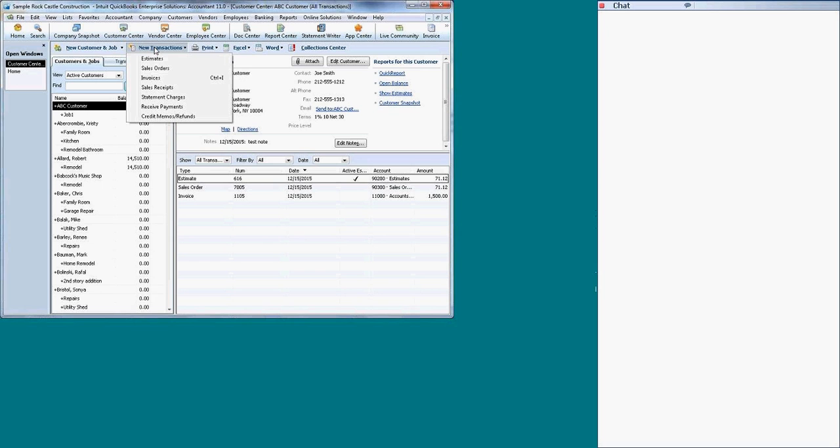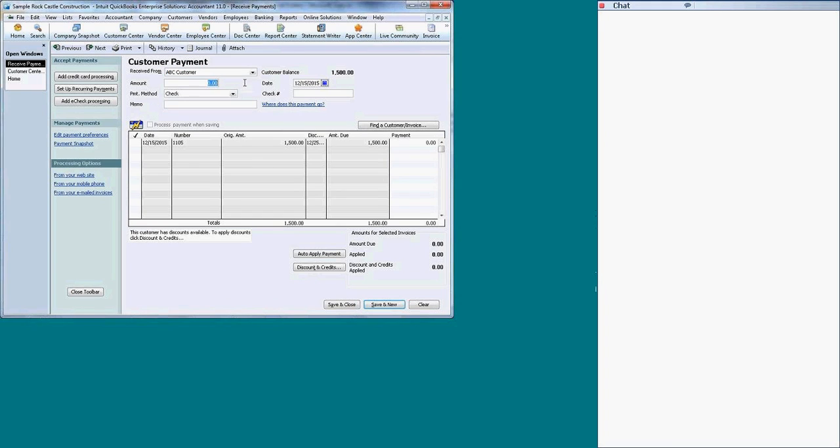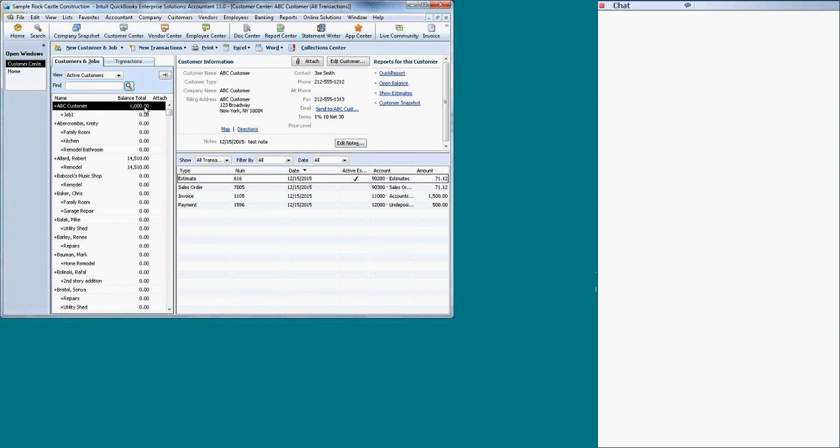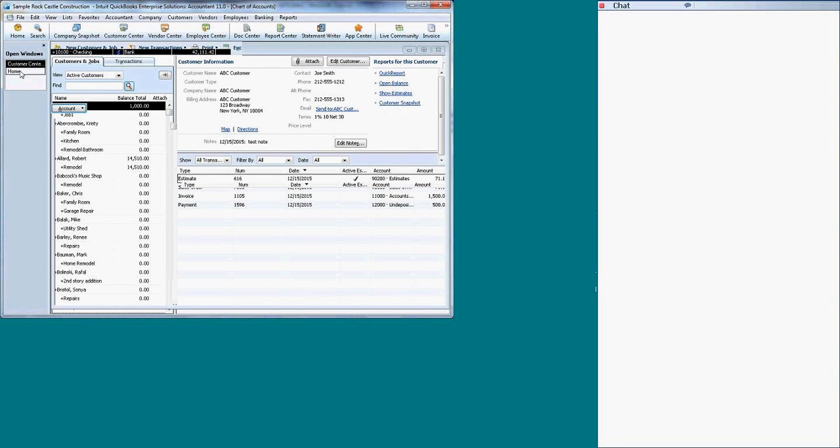If you receive a payment of $500, going into receive payments, the amount is $500, paid by check number, to pay off $500 of this invoice. Save and close. Where does the money go? To undeposited funds. Now the problem is, how does this get wiped off, and how does the vendor balance get wiped off? The best way to do it is to create an account